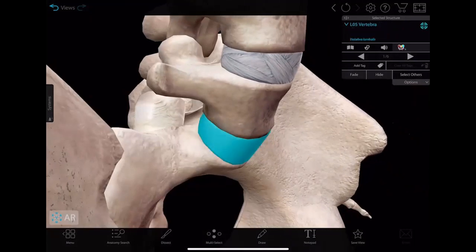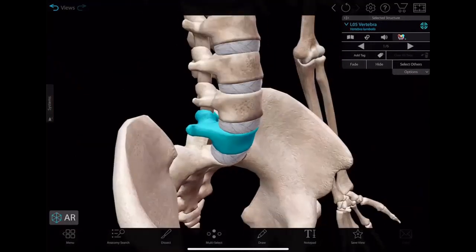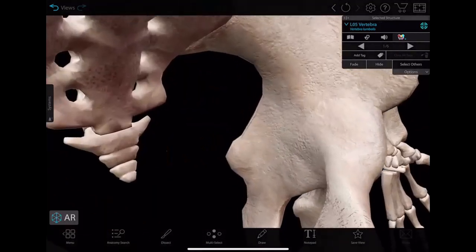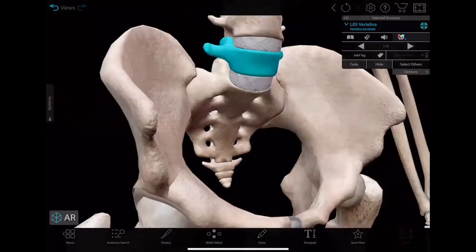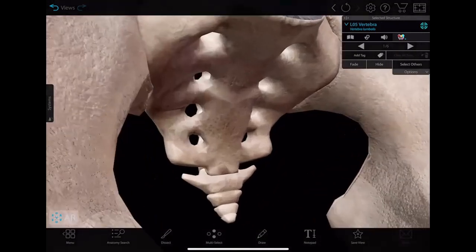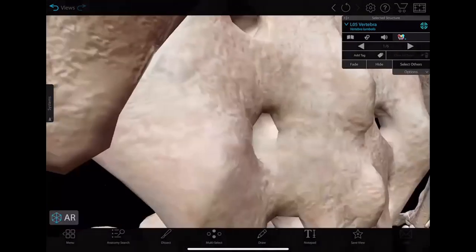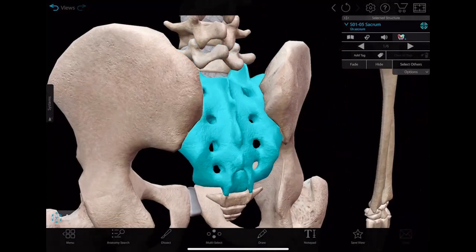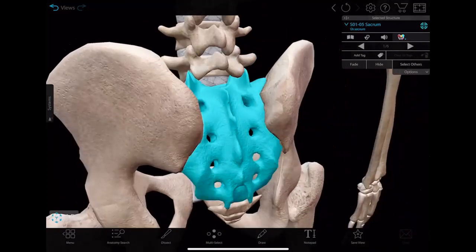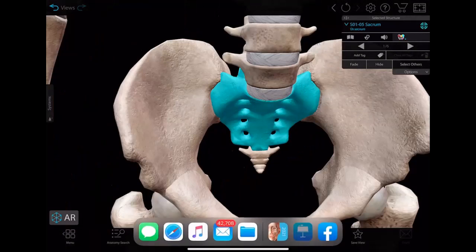This is the L5 vertebra, right? The sacrum is inclined to some extent, right? It is angled, right? So the pelvic surface is concave, okay? The thing visible to you is the pelvic surface, whereas this one is the dorsal surface. The dorsal surface is convex, right? Whereas the pelvic surface is concave, right?